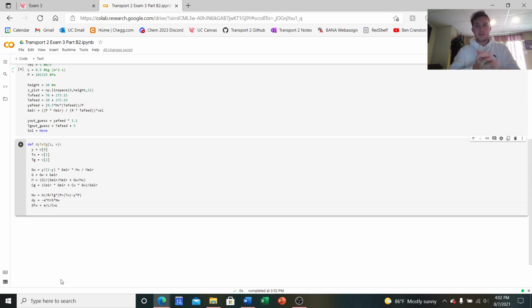And this is all multiplied by the heat transfer coefficient, multiplied by the change in temperatures between the gas and the water. And this is going to be subtracted by that